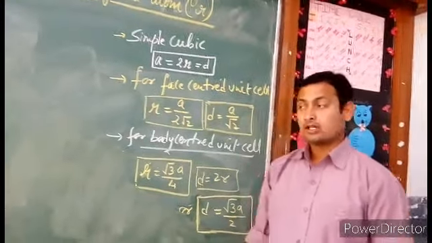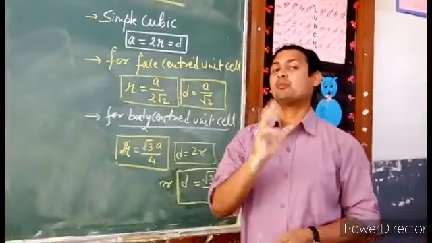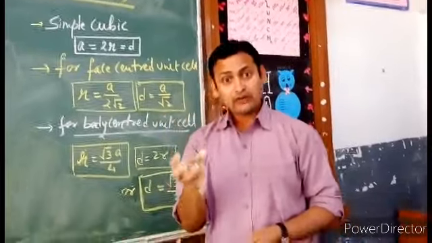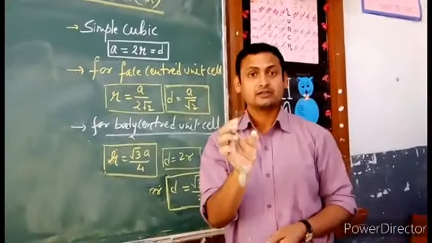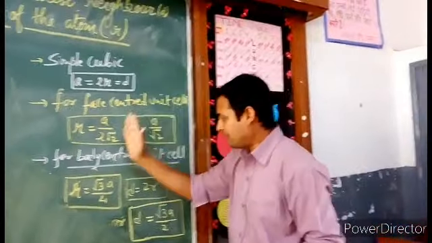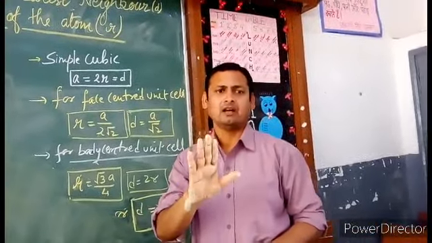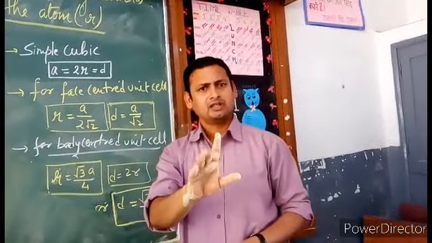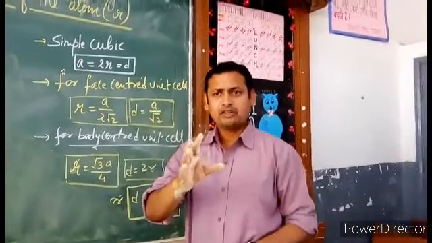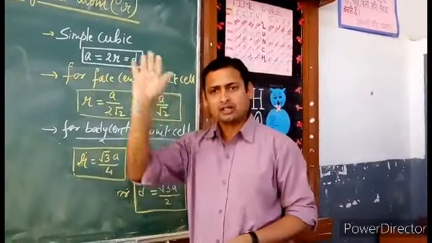So dear students, after all these derivations, we have come to the conclusion, and the conclusion is mainly what we have to study. The relationship between the edge length of the unit cell, the radius of the atom in the unit cell, and the distance of the closest atom we have calculated and written here. This is what we have to study, children. Suppose the derivation is not understood or there is any confusion, no problem. The derivation is not there anywhere in our CBSE. Directly we have to learn the formulas and the question will be asked based on this formula.